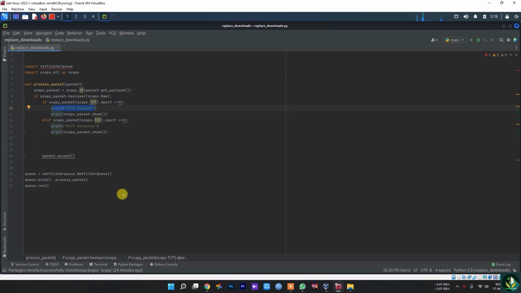So if the destination port of the TCP layer is set to 80, then this means that this is a packet leaving our computer to a destination port of 80, which means that it is a request. So we are going to print this HTTP request, and the packet show. So now we can add another condition by adding elif,